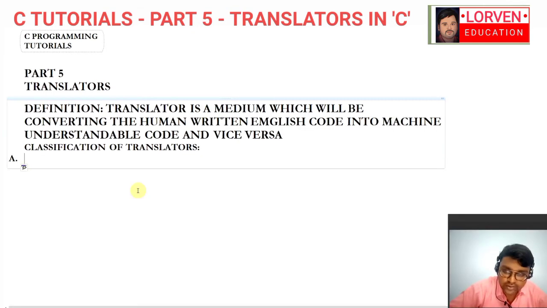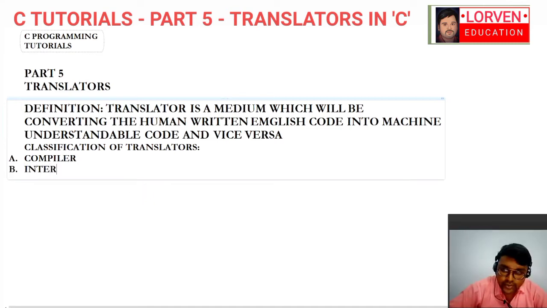The first one is the compiler, and the second one is the interpreter.